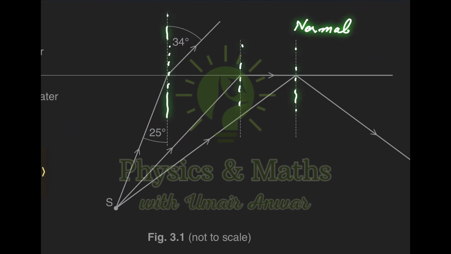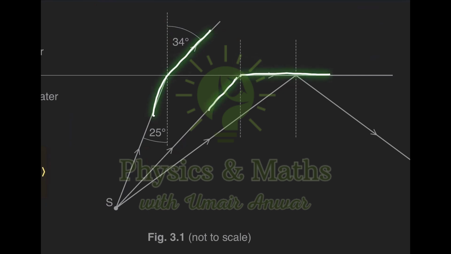So these are the imaginary lines which are drawn at the point of incidence, and they are always perpendicular to the surface or the boundary between the two medium. So the first ray, it is being refracted. The second ray, it is being refracted in such a way that the angle of refraction is becoming 90-degree, or the right angles here. So when a ray of light is coming from a denser medium like water and is